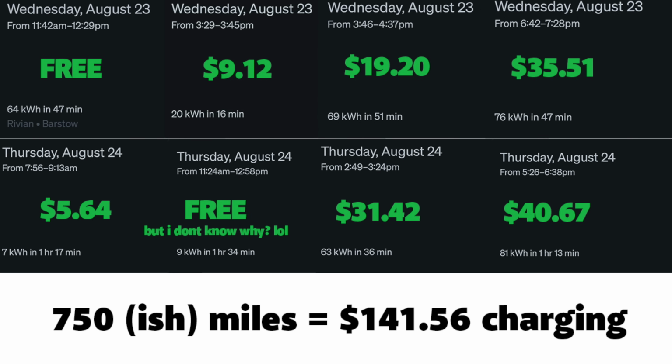So I learned a lot from this road trip. Here's the calculation of how many miles I drove and how much money I spent charging. Now, these prices vary depending on the time of the day. It's more expensive sometimes, and I was charging at peak hours all the time, but I do definitely think that this was still way cheaper than if I were using a gas vehicle,